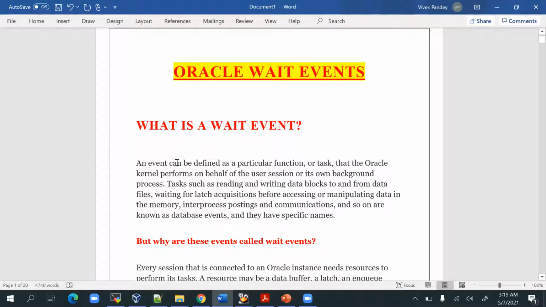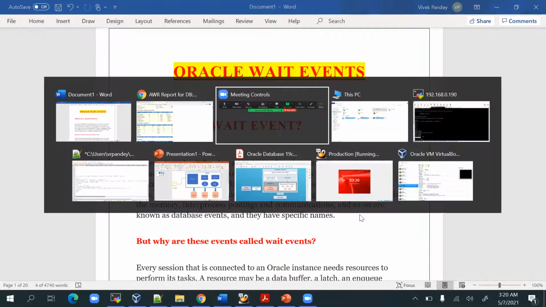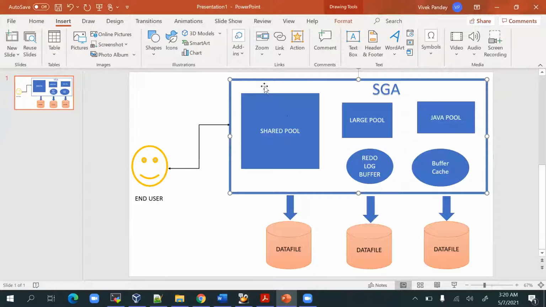So an event can be defined as a particular function or task that the Oracle kernel performs on behalf of the user's session or its background processes, and that task is reading or writing data blocks to and from the data files, or waiting for a latch acquisition before accessing or manipulating the data in the memory. If you look at this diagram, this is the SGA, a memory component, and these are my actual data files. If a user is making a request, a certain operation has to be performed in the memory area,